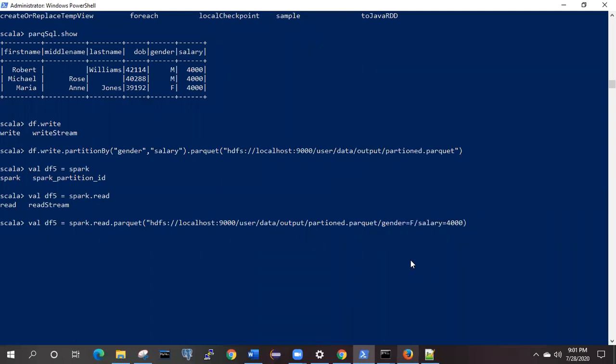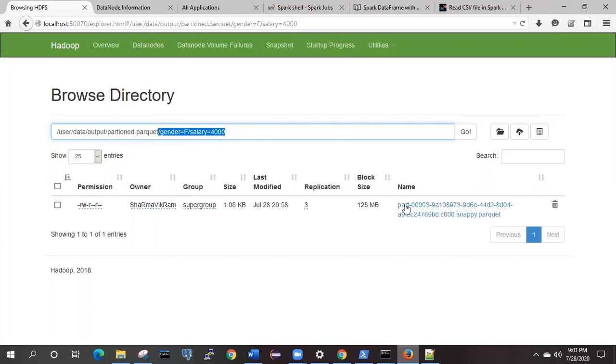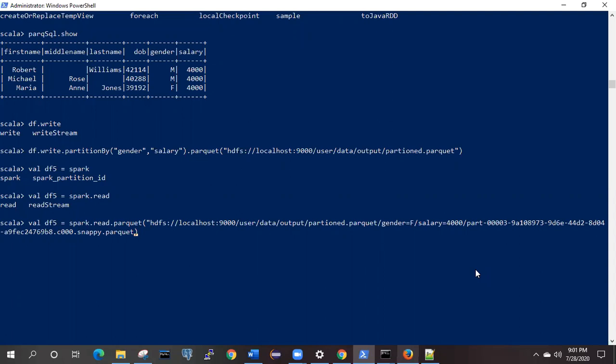Inside that we have this file with the snappy compression. So df5.show,